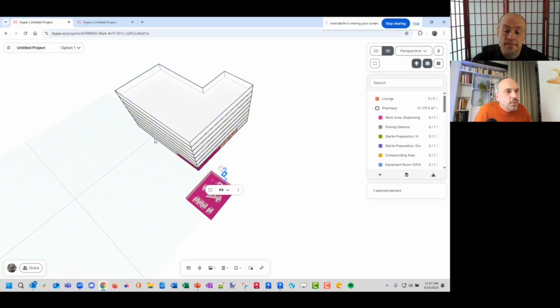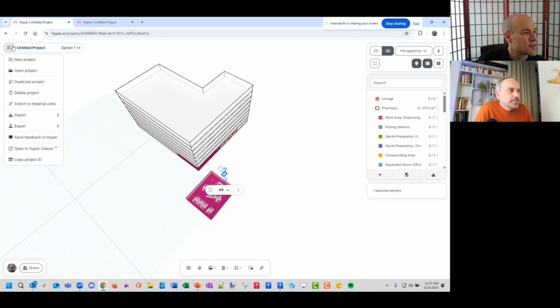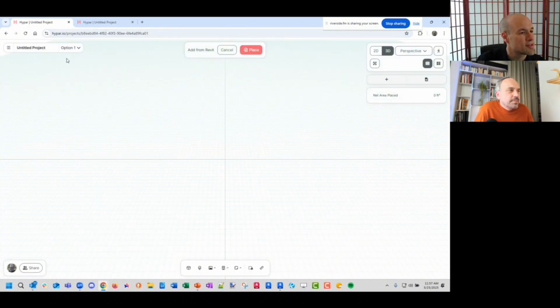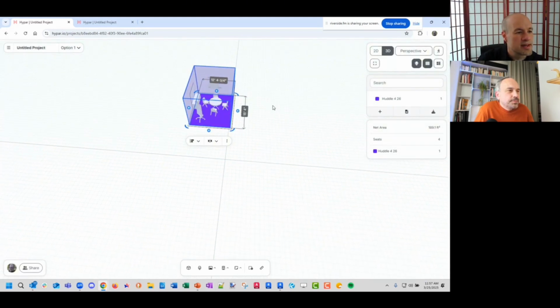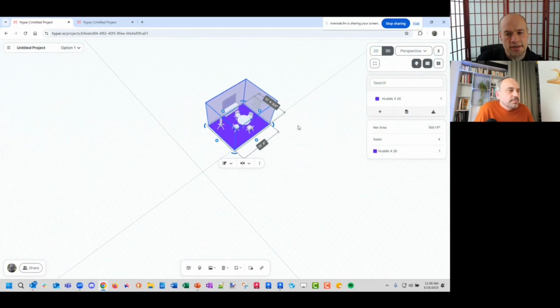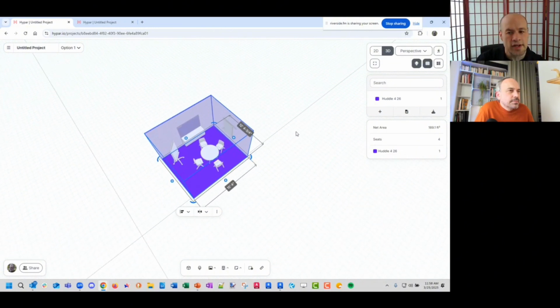It is a one-way connection or a synchronization? No, it's not synchronization, but it is a two-way connection. You can load a project from Hypar into Revit. Mm-hmm. Here, we'll make a simple project because otherwise it'll take a little time. But there's our placement. Hold on. Let's place our space first. Okay. So there it is. Now, these are still Revit families. So why don't we just round trip this guy here?